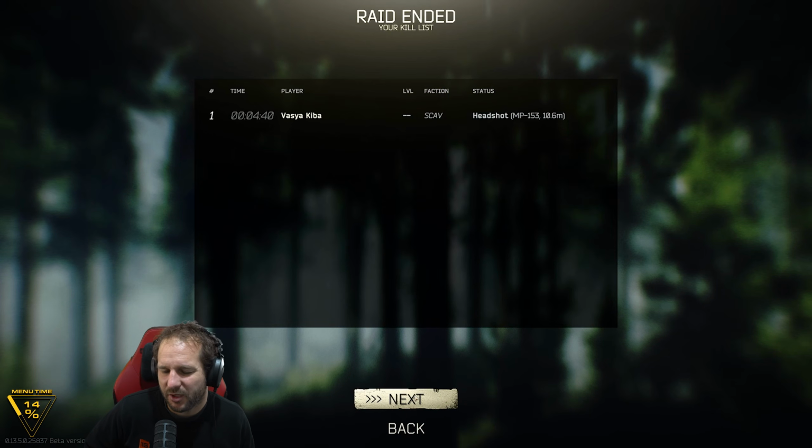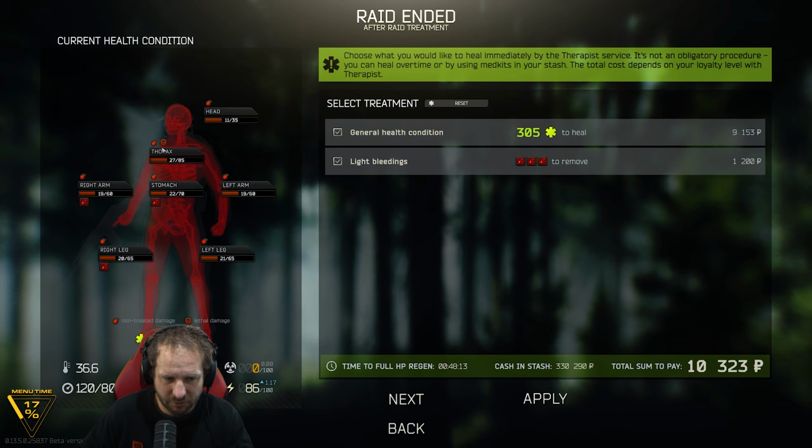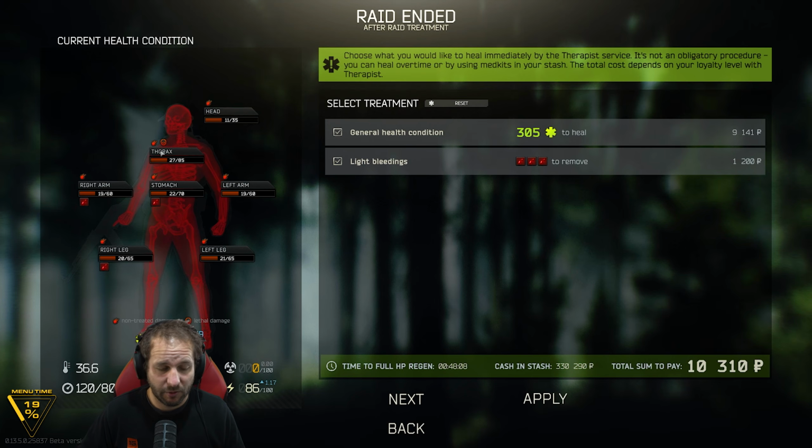For the customs side, we had to literally run past all the players. So I tried that strategy, probably won't do that one again. Unfortunately, it didn't work. We ran into 3 different players, 2 on the right, and then we went around the